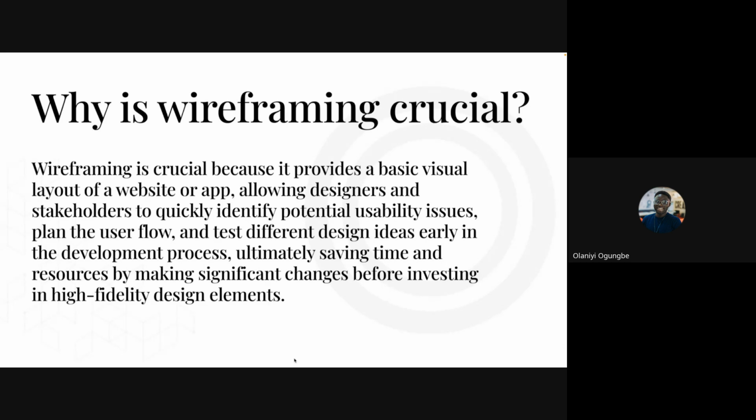So with the wireframe, you are getting basically all of the basic necessities of your product or your application when you have not even started building, which is actually a very good idea. That way, if something does not work, you can easily change it. Like very, very easily change it. No wahala, no issue. And if the whole flow does not even work at all, you can literally scrap that old wireframe and start another one afresh. Why? Because wireframes are fairly easy to create compared to high fidelity and the prototype itself.